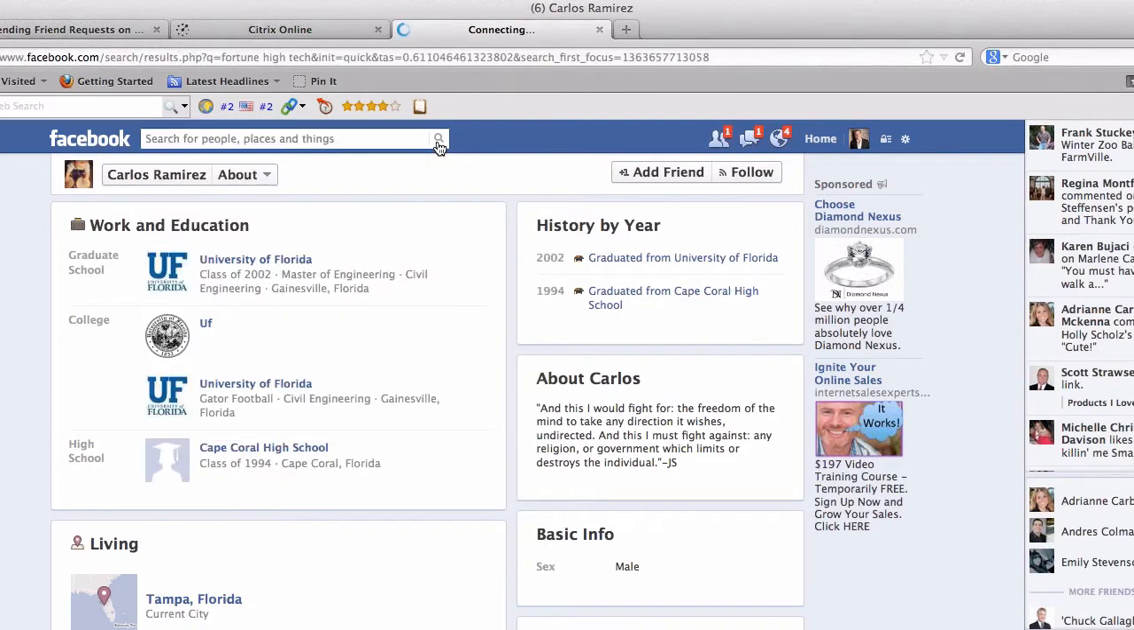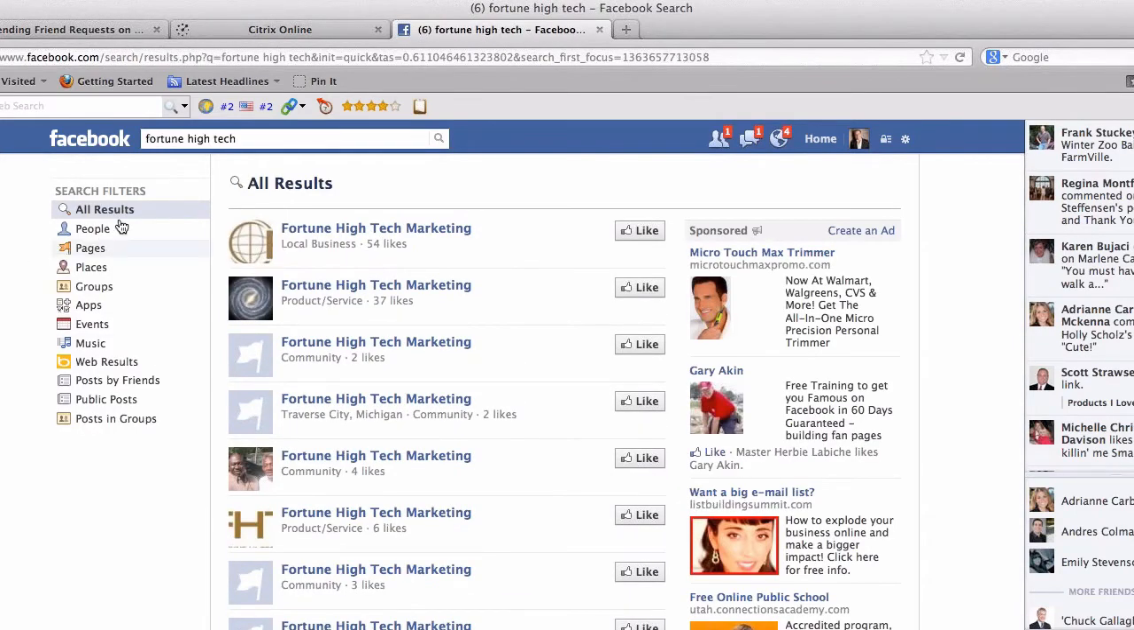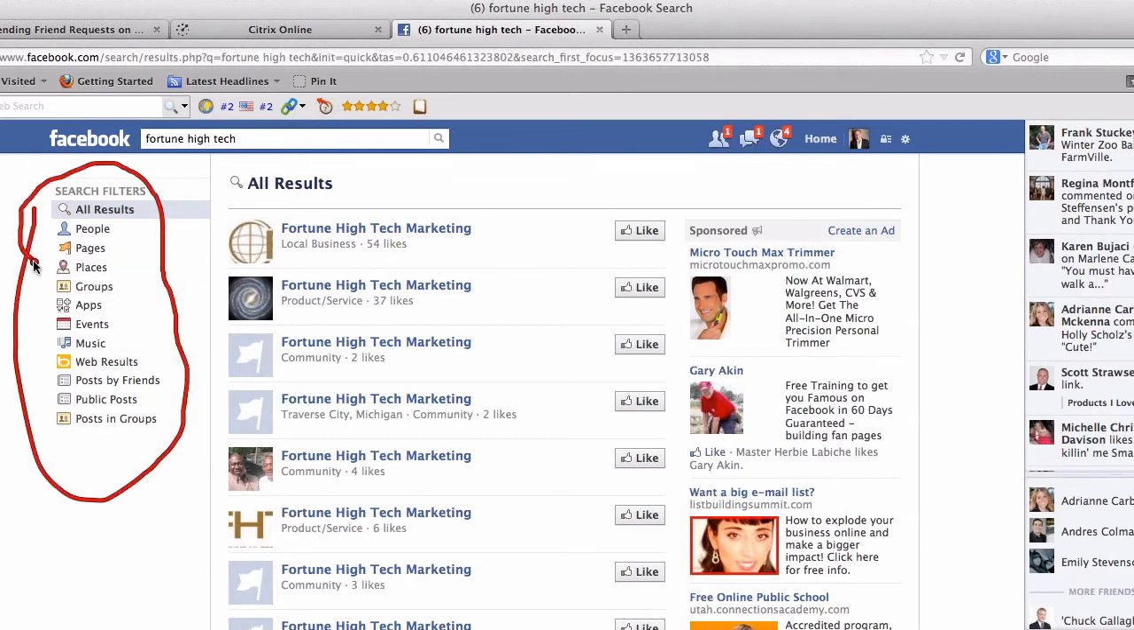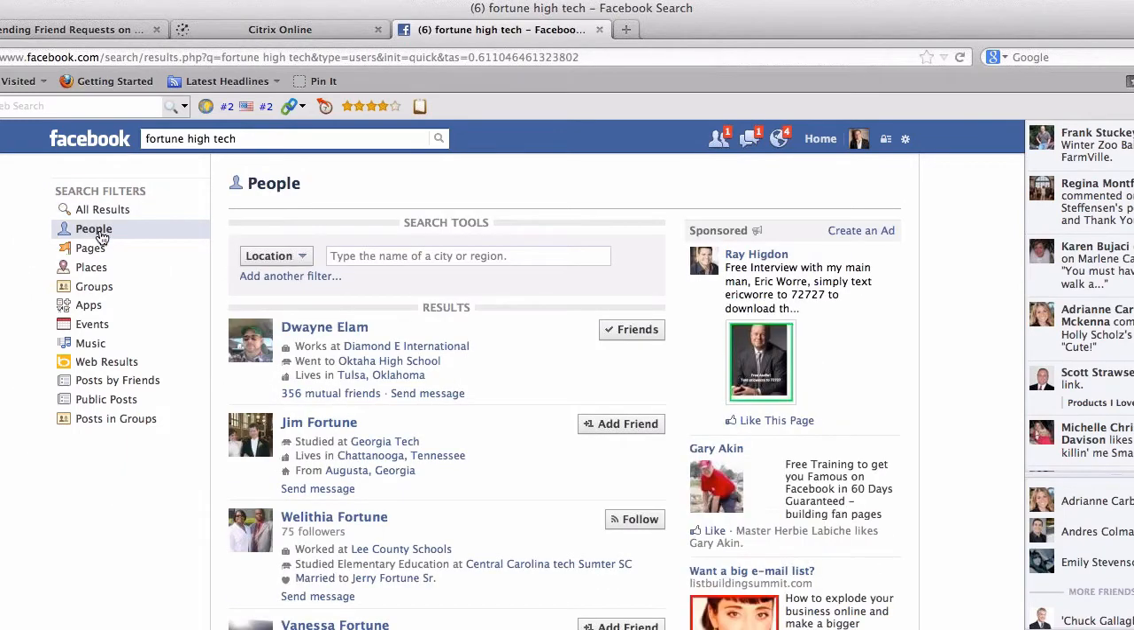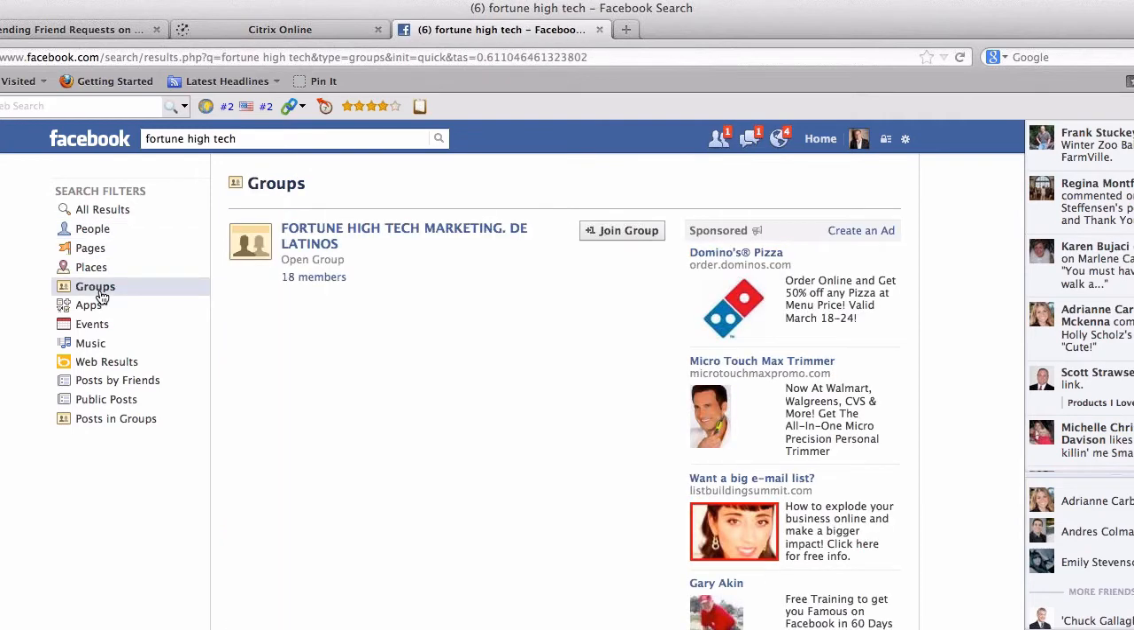Well, you click in that magnifier, and then you see it's a huge list. You can look for people that were in that company. How do you know if people or pages or etc.? You see this column here? You can choose, for example, people. And then these people, obviously, they were in some way connected with Fortune High Page. But if you want to find a page or a group, and the reason a group is cool is because,